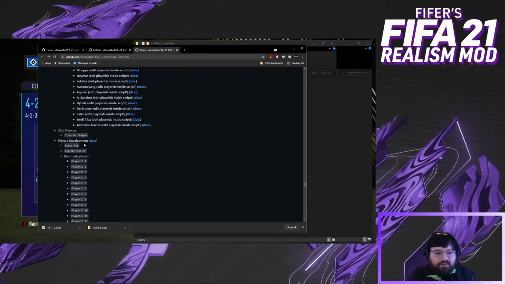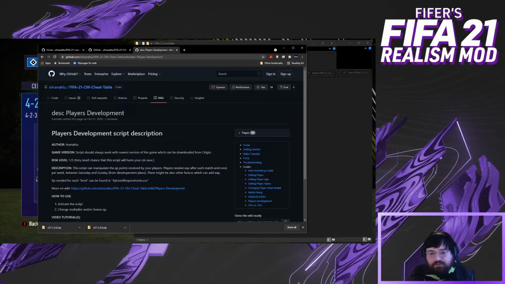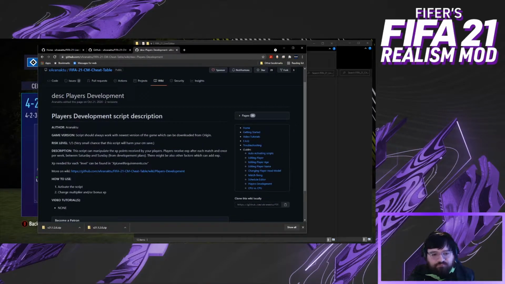So I just was trying to get to something super quick. So something like this, player development. If it has this little parentheses desk, that means that there's a description, like a little guide on what that specific item does. So if you click on desk, short for description, it will tell you, like, okay, author, game version. There's going to be a risk level. Every item that he has a description for, he'll list a risk level, and what that means is, will it